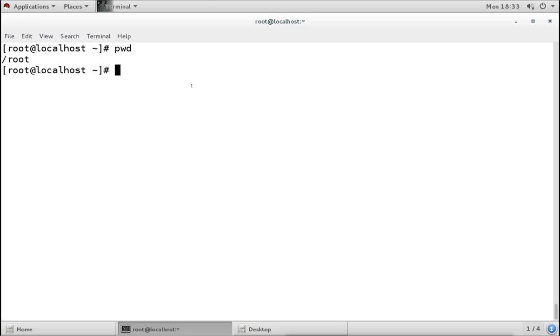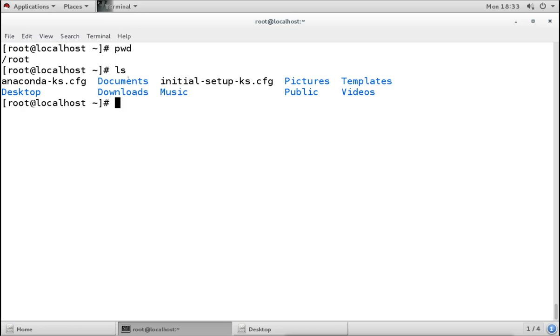So there are two options here. You can give the local path or you can use the absolute path. Local path means, for example, I want to list: this is my root directory and under it I have these files and directories. Now I want to list this Desktop directory. There is nothing there, but I want to list it. So I use ls and mention the name of the directory. See, the D in Desktop is capital. Now I can press enter. Without any error it shows there is no file there. What I am using here is the local path.